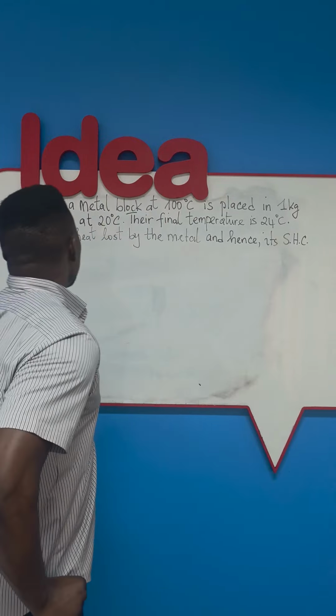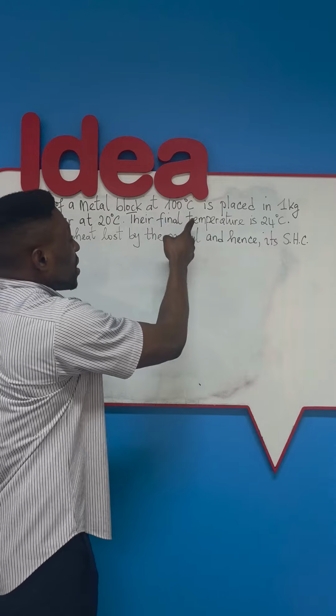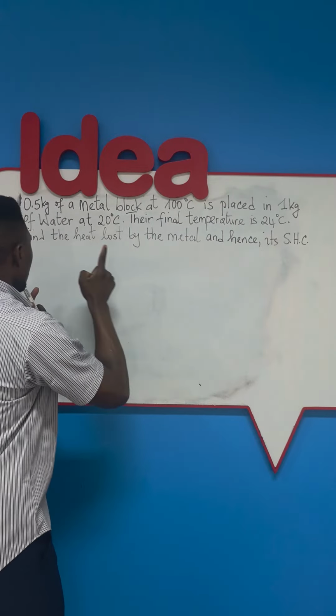Tomorrow will be better. 0.5 kg of a metal block at 100 degrees Celsius is placed in 1 kg of